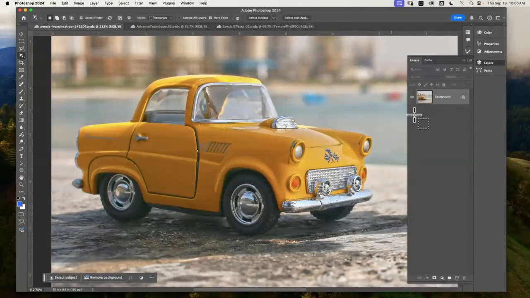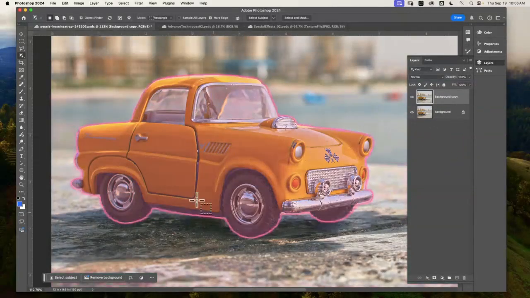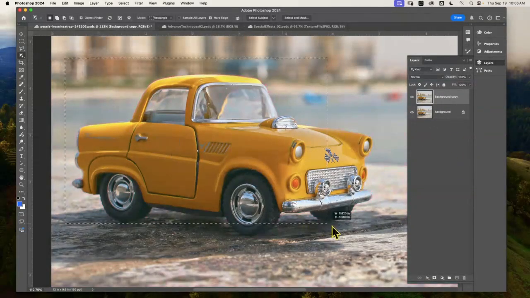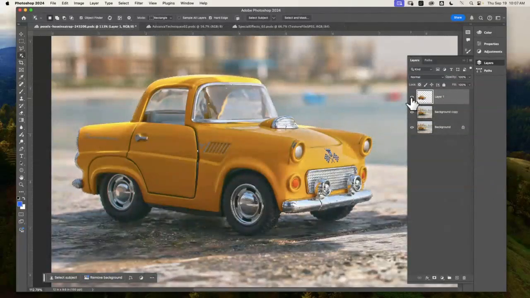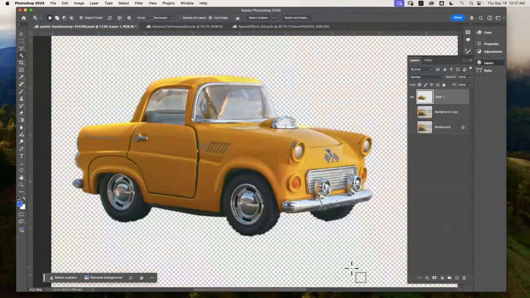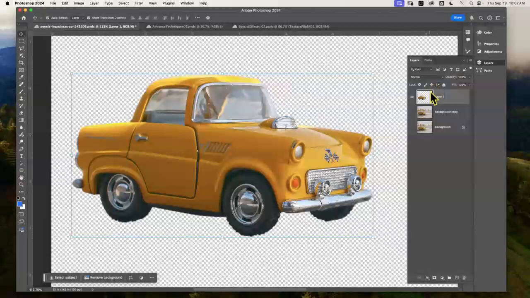So first thing, I always just want to double up. I'll make a double up of that so I don't ruin it. And I'm going to get the car, and maybe even for this sake, I'm going to copy and paste it so I have it alone too. And it did an all right job cutting it out. And then, well, first thing, what if I go to